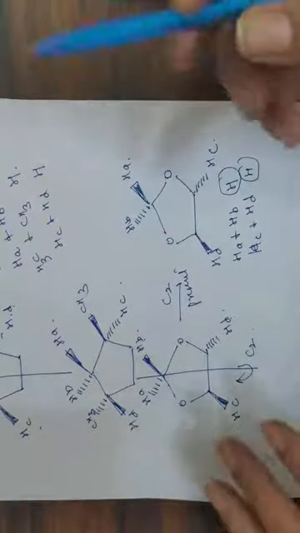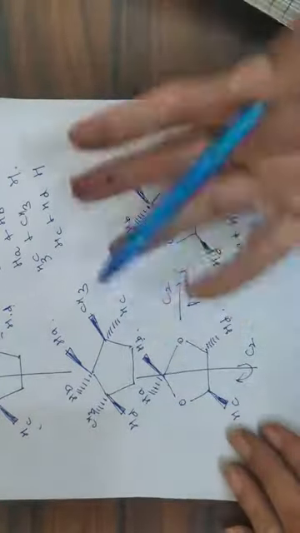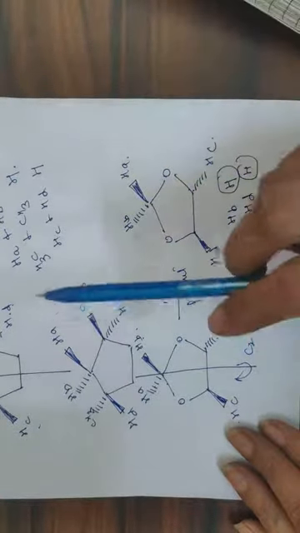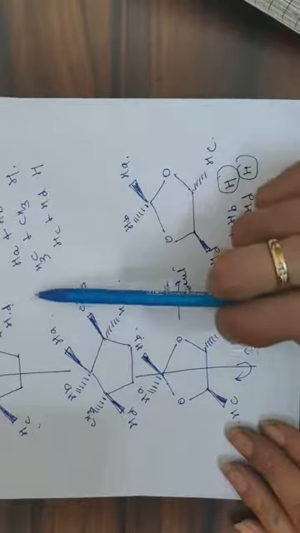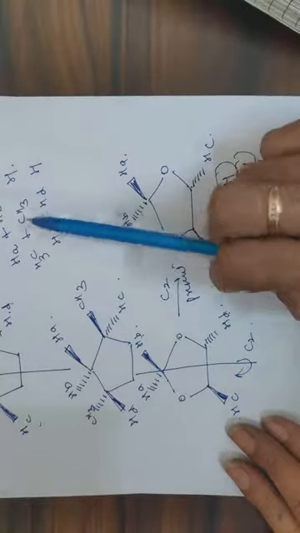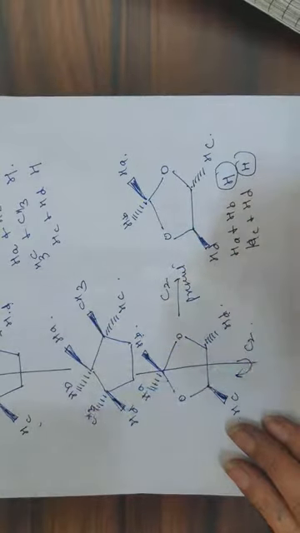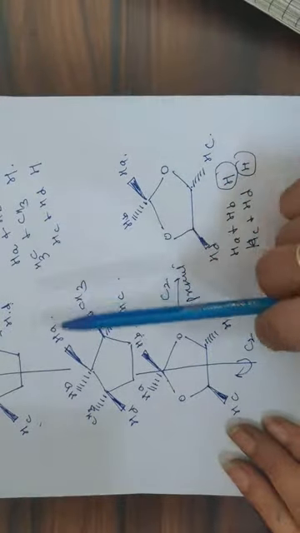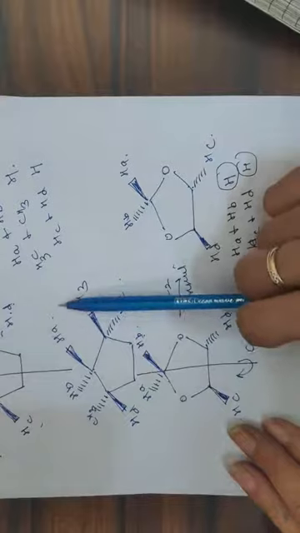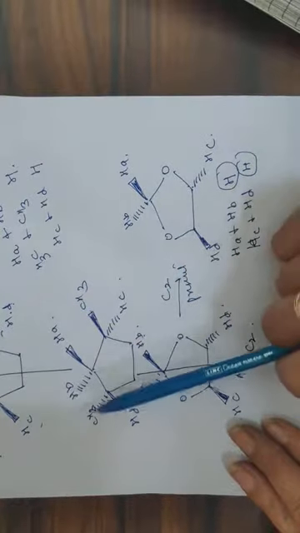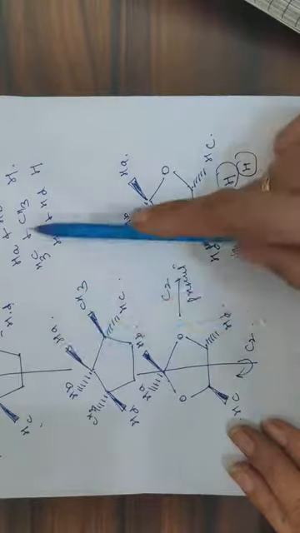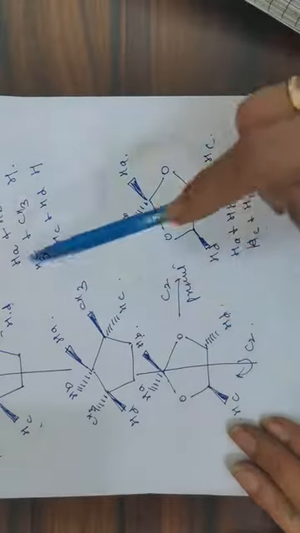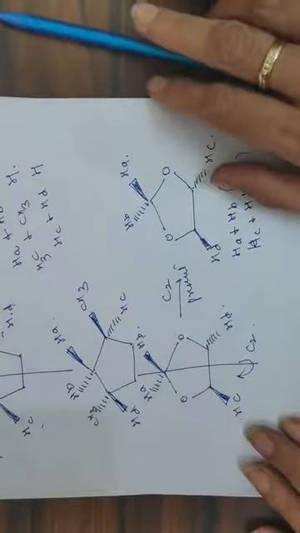You must be thinking why we are doing this process, finding out the relationship between the type of protons. So if the two protons can be interchanged by passing a C2 axis of symmetry, then the protons will be homotopic. If the C2 axis of symmetry is not present, then you will check for the presence of plane of symmetry. If the two protons are bisected by the plane of symmetry, then the protons are said to be diastereotopic. Diastereotopic protons give different signal in NMR spectrum. If the two protons are reflected by the plane of symmetry, then the protons are said to be enantiotopic. Enantiotopic protons give similar signal in NMR spectroscopy.